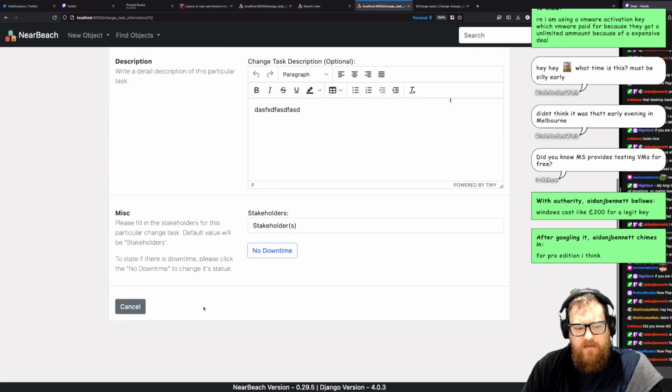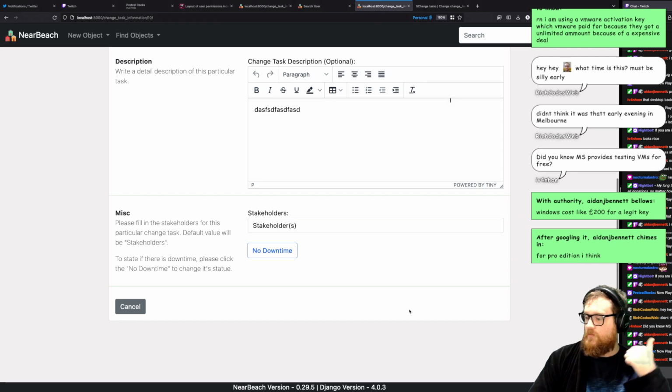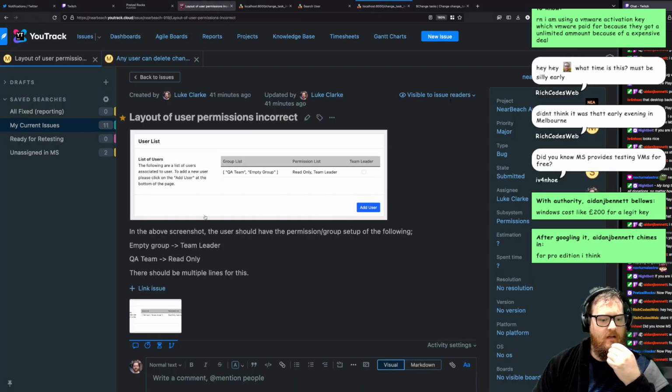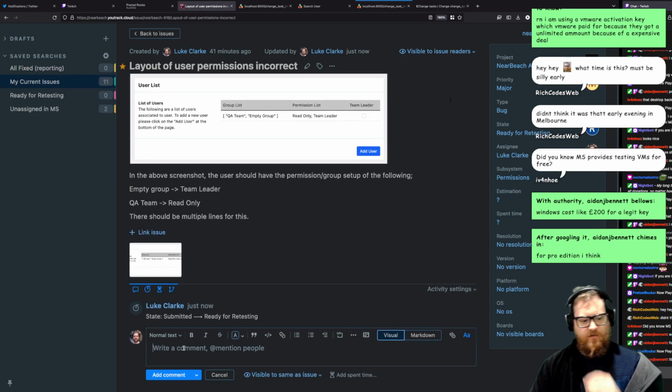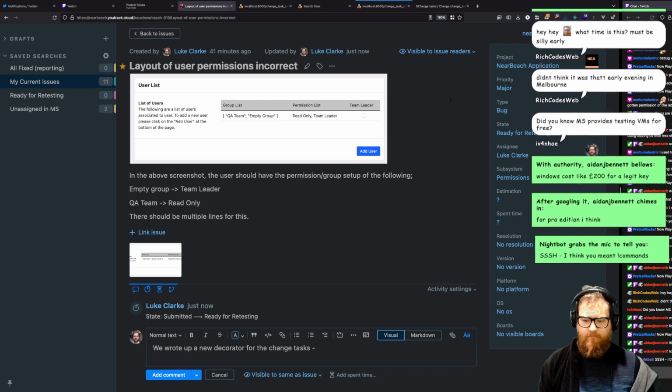So the user can't delete, which is great news. It should also stop it at the back end. So this is now ready for retesting. I'm just going to do a comment. We wrote up a new decorator for the change tasks. And then